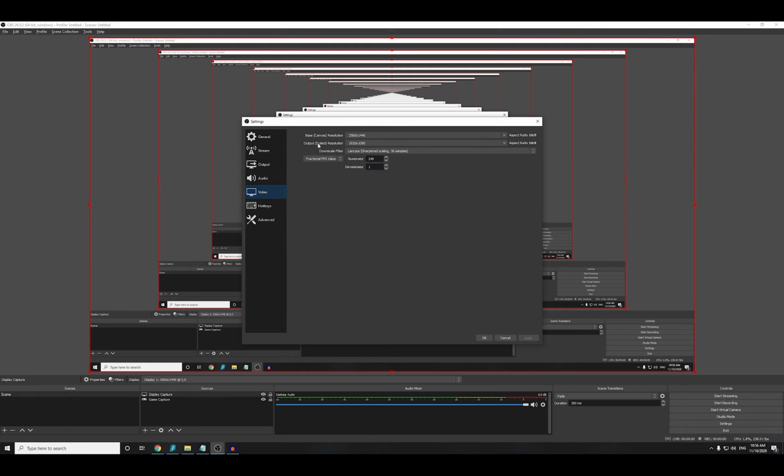Now, the base canvas resolution is generally the same as your display settings for your main monitor that you would like to record. Even if your monitor settings can go up to 4K, please do make sure that you check it to be the